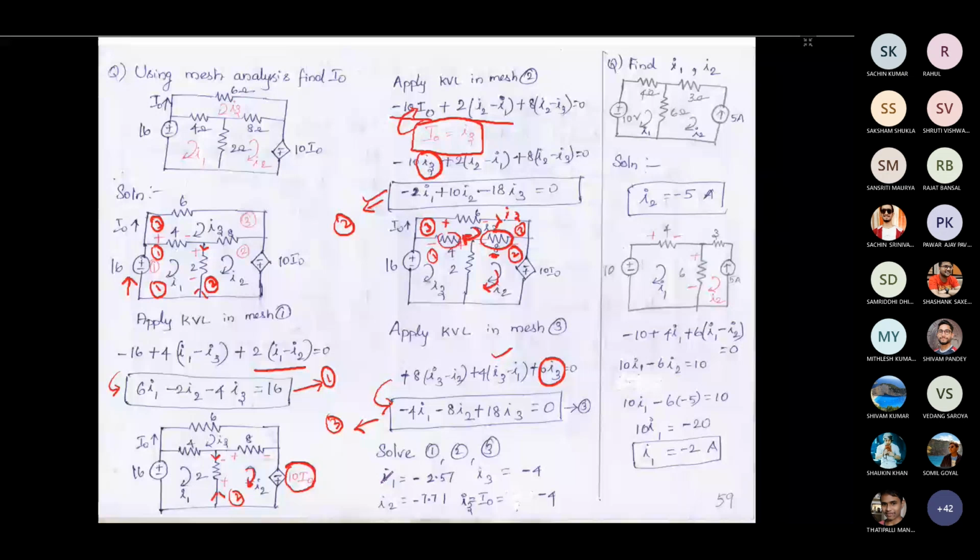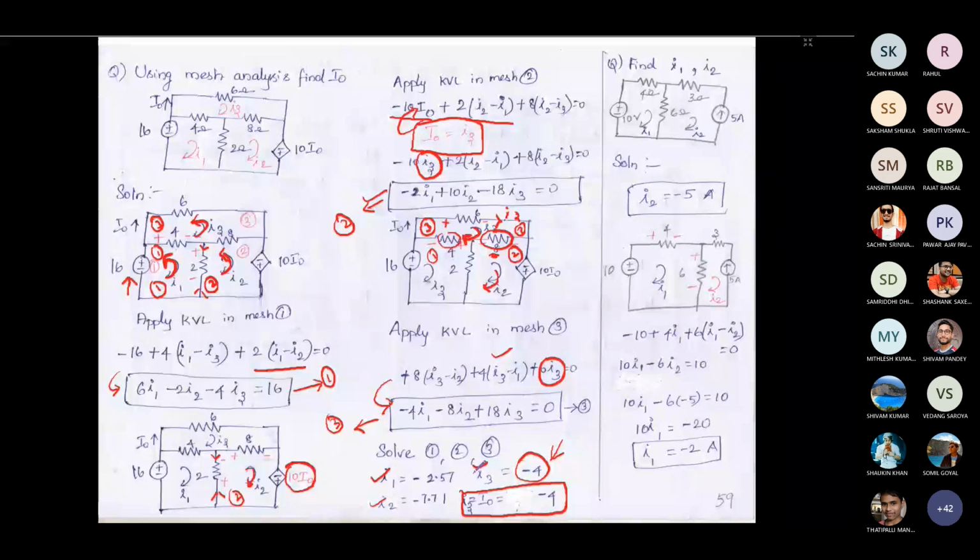And we have already seen that I3 is equal to I naught. So we have taken I naught is equal to minus 4. You can see here that all the current magnitudes are coming out negative. It means that we have assumed the current direction in the wrong way. Actually, the current is flowing in the anti-clockwise manner for this circuit. We assumed the current direction as clockwise and obtained the value, so we get the current magnitude as negative. This is not a mistake, because for your assumed current direction you have got a negative magnitude. So it is not a problem. This is fine.